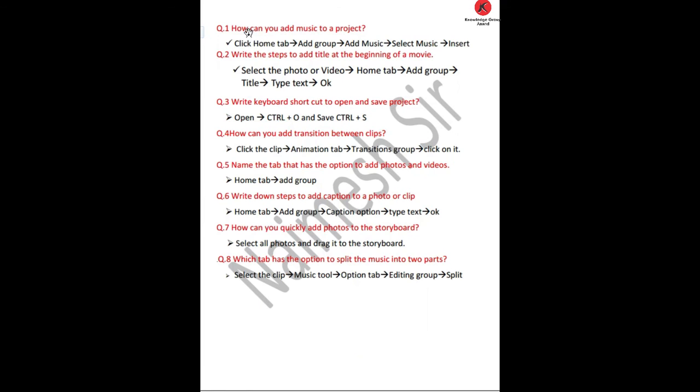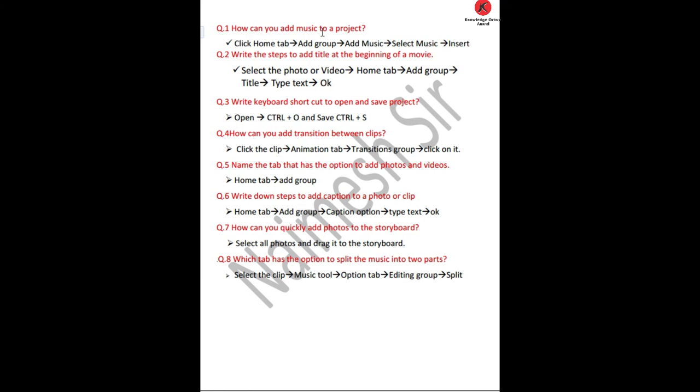This part of the Movie Maker window is used to add photos, videos and titles. Storyboard. Which of the following tabs has the commands to create, open and save the project? Movie Maker. To select a new project, press Ctrl N. The Add Music option is available on the Home tab. Which of the following options is or are available on the Home tab? So all of these.